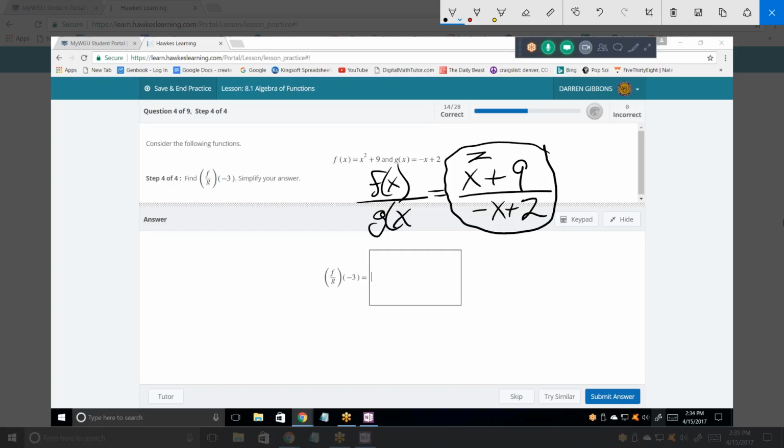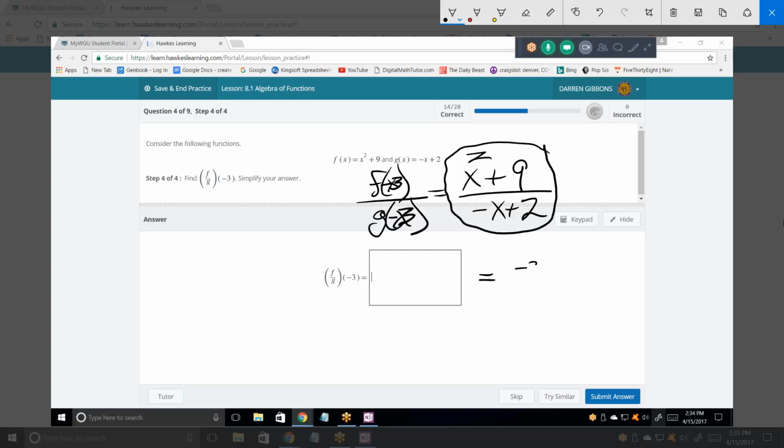And now that I think about it, I think it was wasted effort on the last problem. There was no need for us to multiply those two functions together. We could have just listed it as being multiplied together, and I could have filled in my x, and I would have still got the same answer. In other words, what are we going to get here? If I want to figure out what f of minus 3 divided by g of minus 3 is, what am I? So I would say it's just